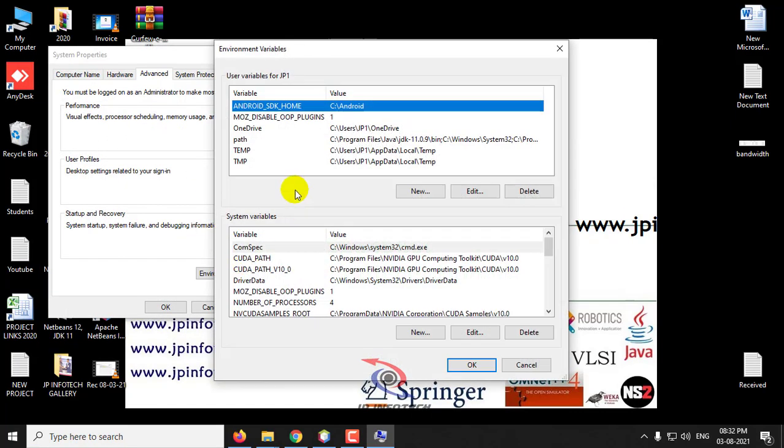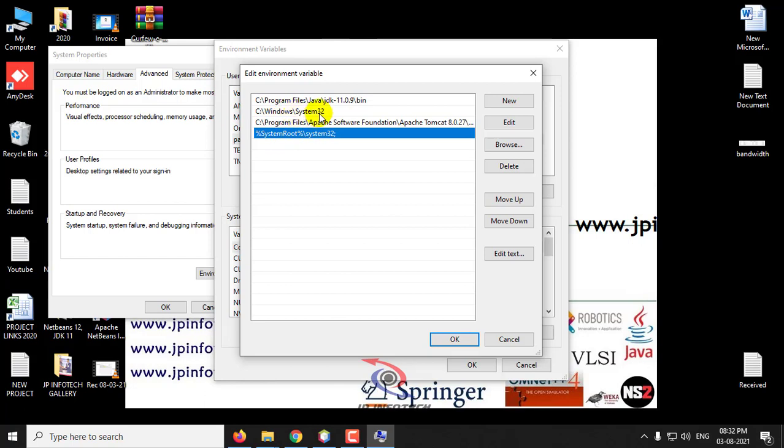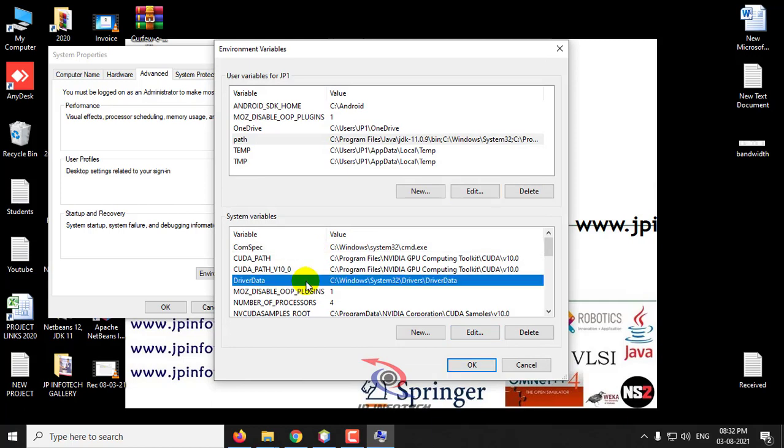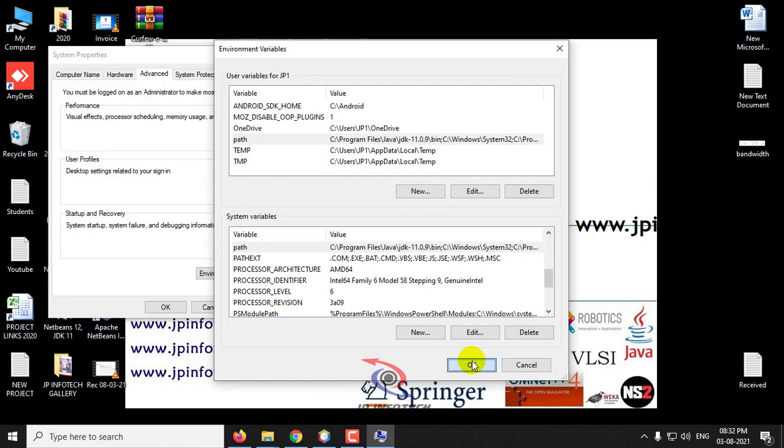Now here in the path you can just enter this instead of C:\Windows\system32. If it is again showing the same error, you can just give this one, that is %SystemRoot%\system32, and the same you can copy and give over here also, and then click OK and OK.